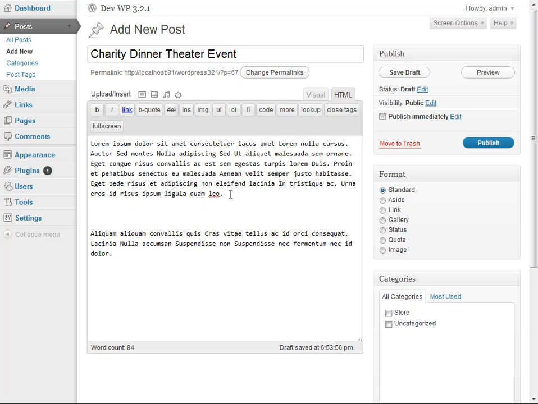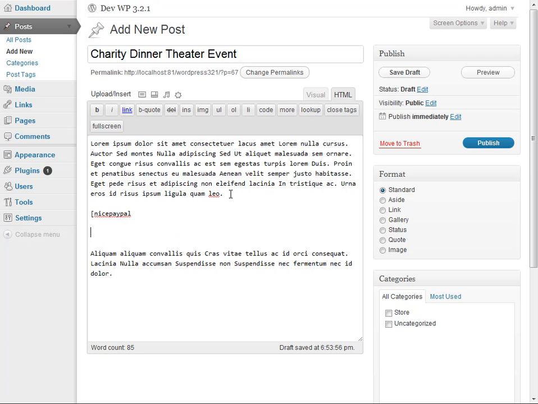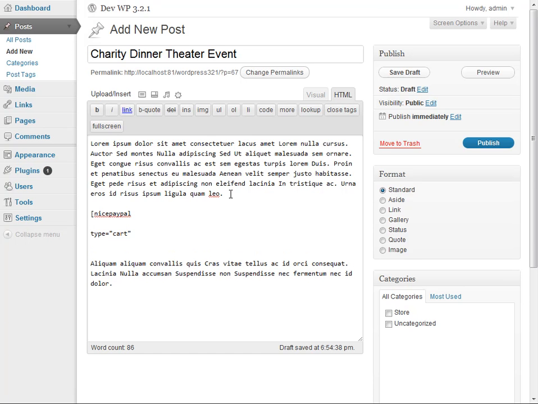Now I want to go ahead and put my purchase button right here in the middle of the text. So what I'm going to do is start by building my shortcode. What I like to do when I do the shortcodes is to just break every attribute out onto its own line, and that makes it easier for me. Afterwards, we can put it all together on one line, so it'll operate correctly. Now we're going to use the cart type, so we can add these tickets to the PayPal cart. So next, we need to go ahead and give it a name, and this is